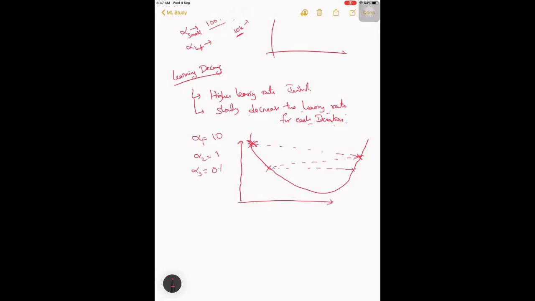It won't jump that far. So alpha 4 is 0.01. Now let us say it has jumped here, but from the next point I'll put 0.01. It will start growing like this, right? Because slowly we have decreased the learning rate here, right? So what happens?